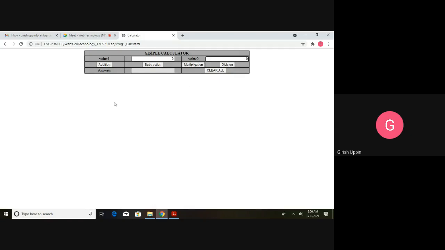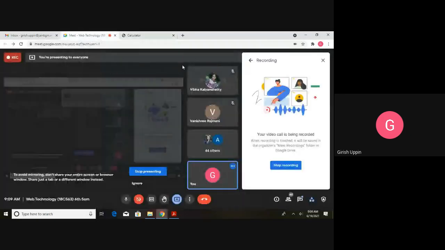And on the fourth row, whatever is the operation, that result. In the first td, it's a label. And the second td is also an input box, but it is disabled. Why have I disabled it? I don't want the user to enter it.